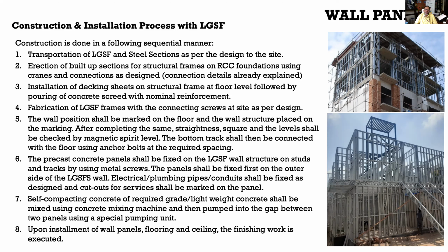Having erected the beams and columns, referring to the floor plan, you have to install decking sheets on each floor, and then lay the reinforcement cage, a nominal reinforcement cage, and do the concrete screeding. After the concrete screeding, you have to cure this slab, and now your building is ready to receive your light gauge steel frame. All the light gauge steel frame panels which come from the site need to be put with the steel frames and foundations through connecting screws, and these panels are put side by side through self-tapping